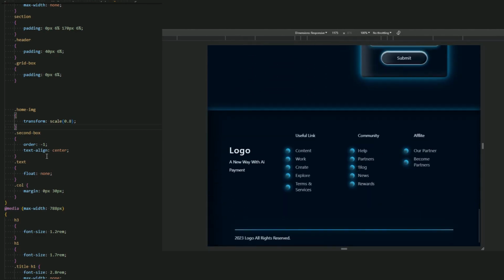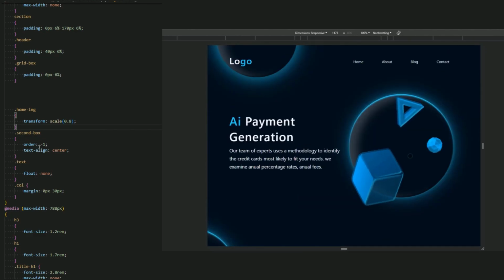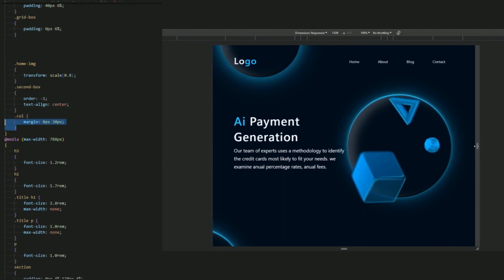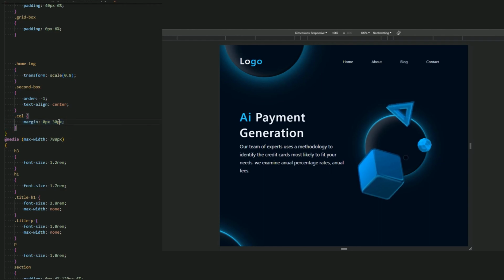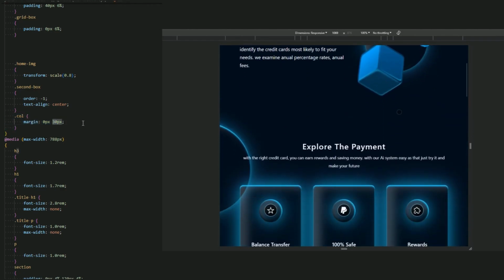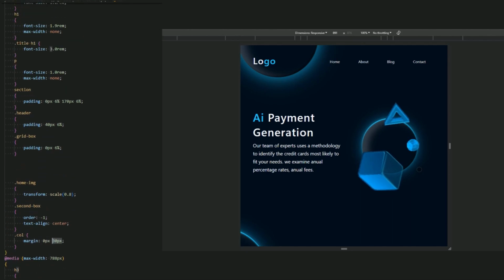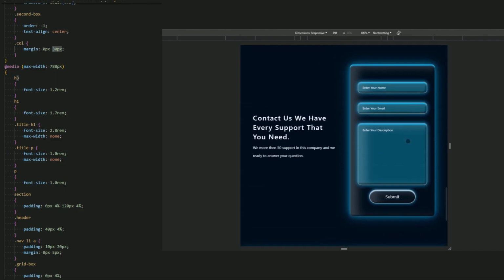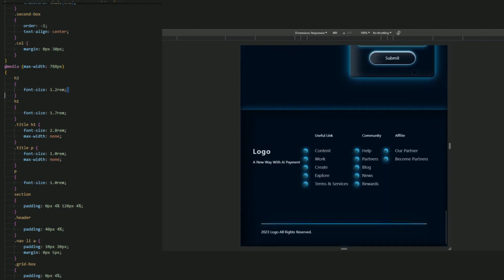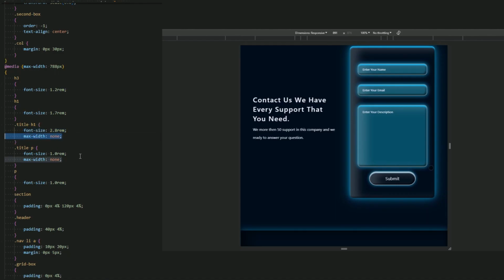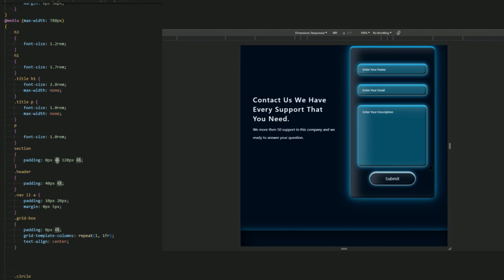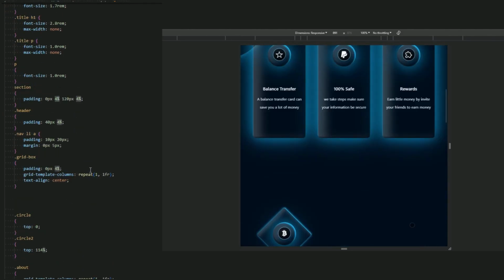And now second box. Yep, we add order -1, float none. What is this? Okay, and the cool. And let me add a little custom of the margin to be 30 pixel for the space of the left and right. Okay, and yeah, this is everything for this tablet. And the next video we use a grid and a little reduce the font size for this, and remove the max width of the P and the H1, and for the left and right to be 4% instead of 6%.